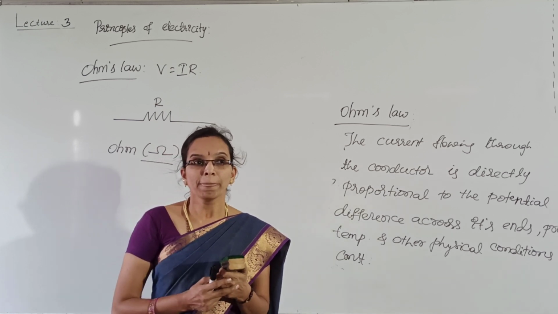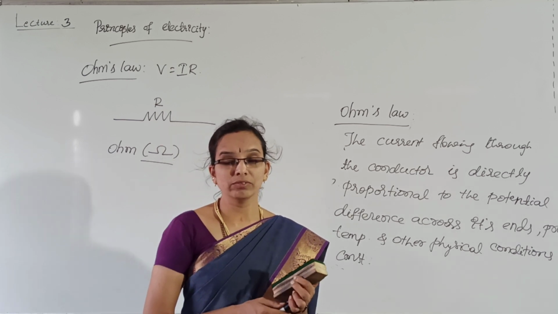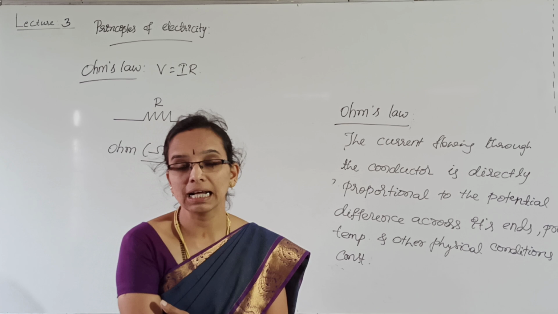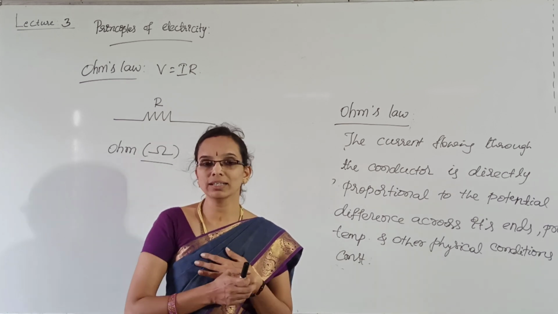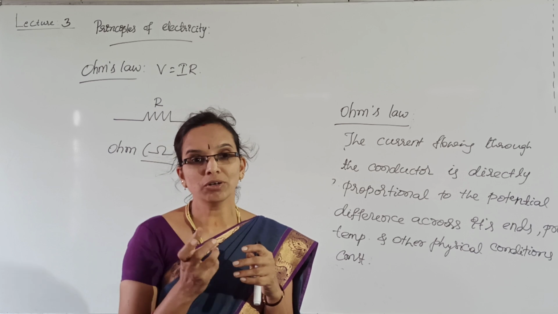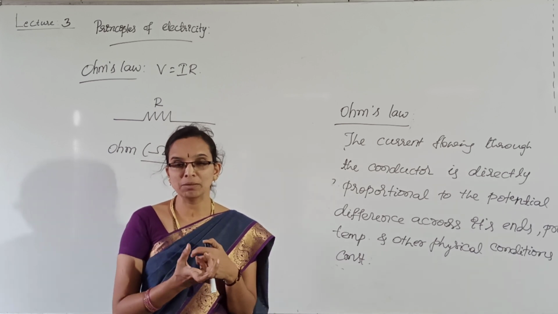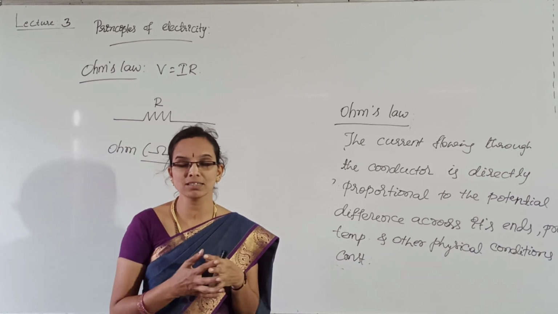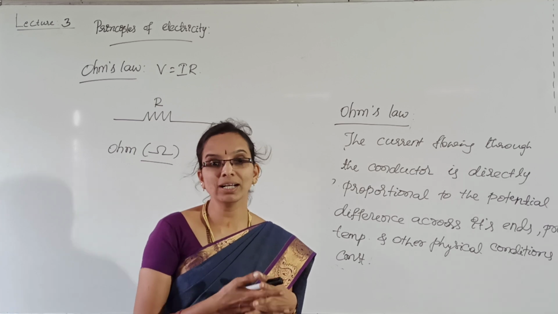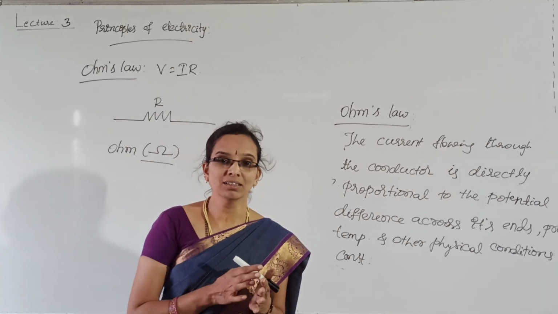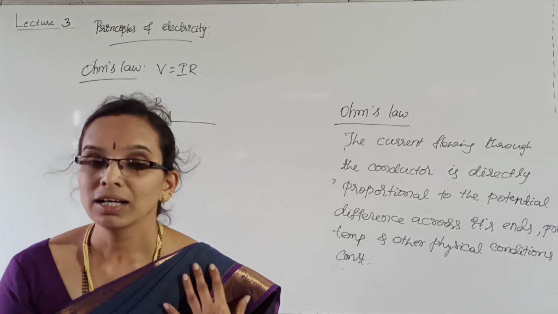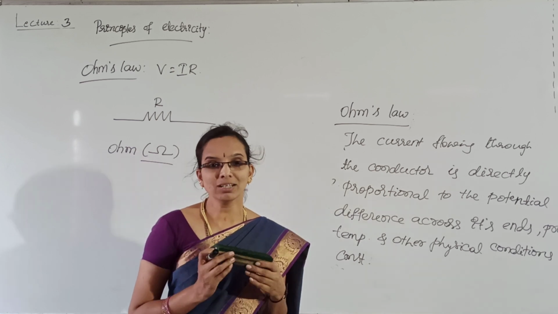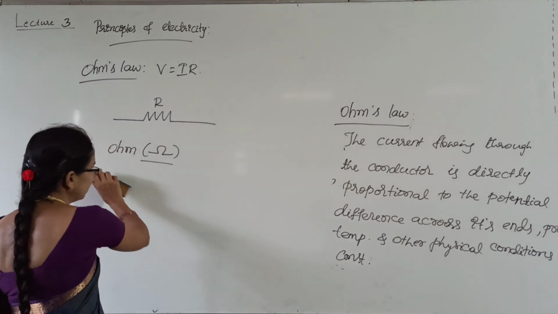For example, the tungsten filament used in an incandescent bulb: when more current flows continuously, the bulb will become hotter. You might have observed. So, when the filament gets heated up, the resistance of the tungsten becomes more, so that it can limit the current to protect the bulb. So, resistors are used in many electronic devices to protect them by limiting the current.